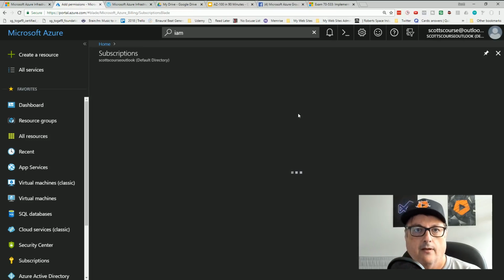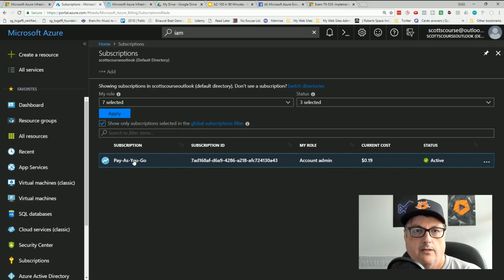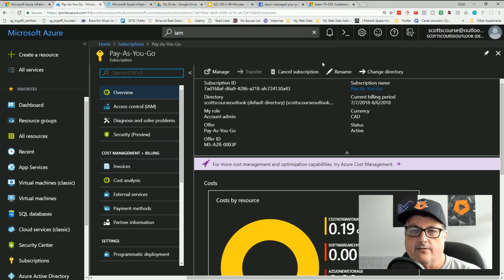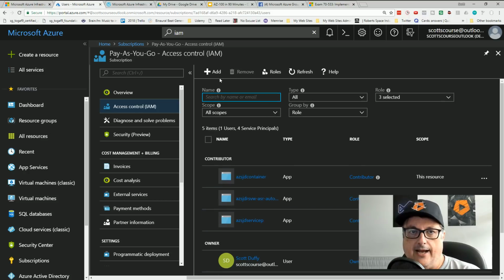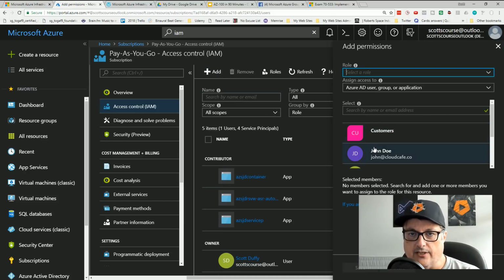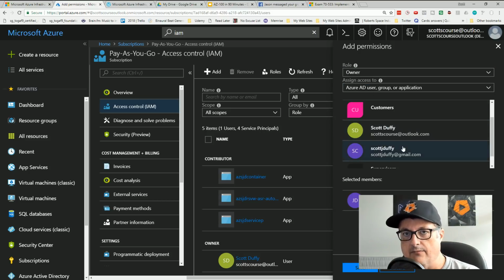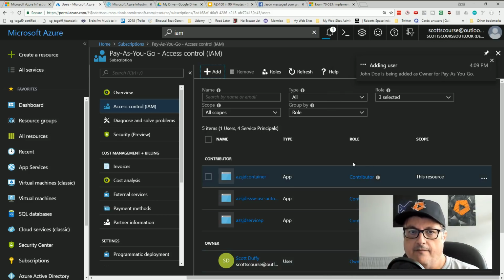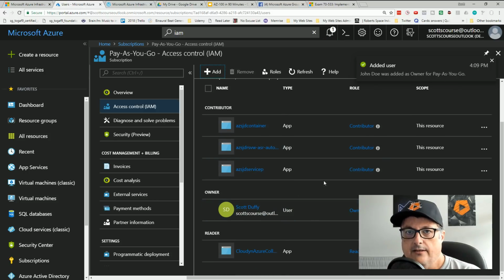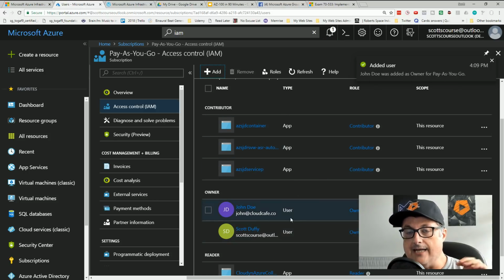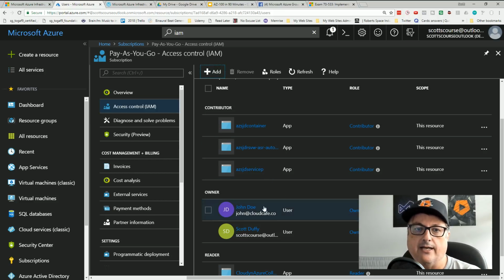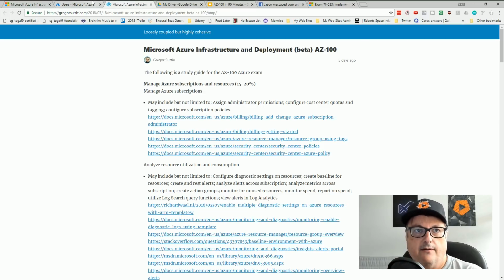Subscriptions. So I guess there's multiple ways to get to this, right? You can go into your subscriptions under all services, and you'll see access control. And I could add, I didn't actually click save, right? So I can add owner permissions to a user that's in my Active Directory, click save. And now I've just upgraded a user as an owner that can access the portal and create the resources the same way that I do. Okay, so these are the types of things.